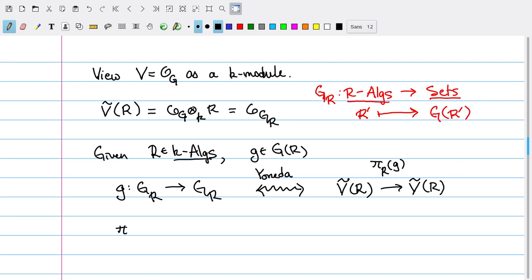In this case, pi R then defines a group homomorphism